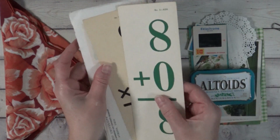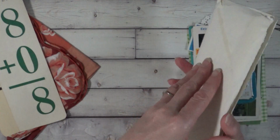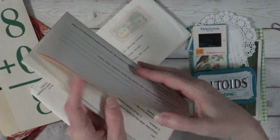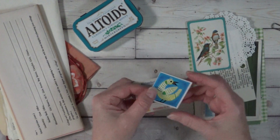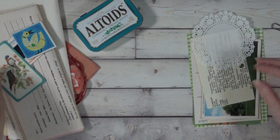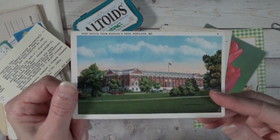and then some ephemera. So a couple of these vintage flashcards. These are the tall ones. A college application for Ohio University, and the entire application is in here. And I think there are some colored pages in there as well. Photo slide, a little game card from a children's game, playing card, a little paper doily, library catalog card, a postcard,